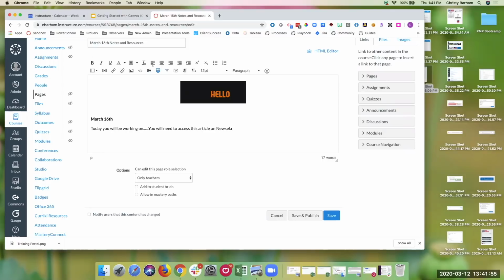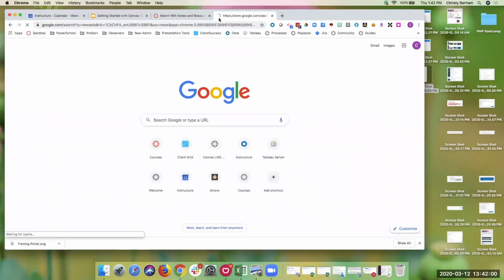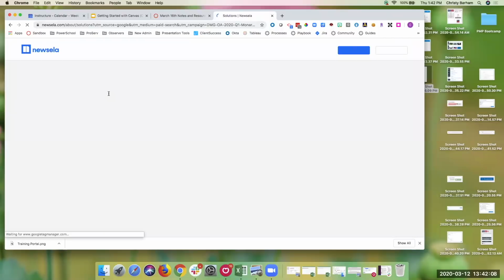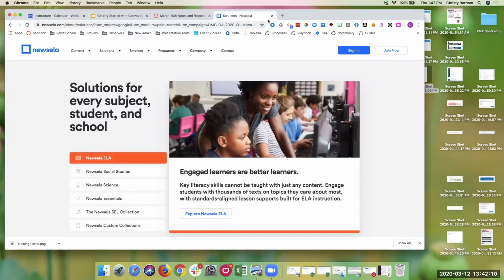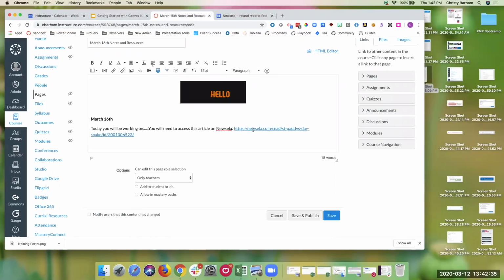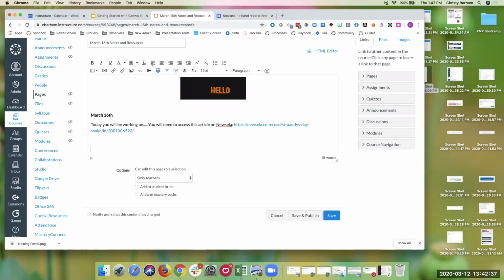So real quickly, let's say that I wanted to link out to an article on Newsela. I would already have that pulled up, but let's just pretend that I knew what I wanted them to do. I wanted them to access something on Newsela, then I could do that. So if this were the article that I wanted them to read, then I would get the link to that. And I would just continue telling them,